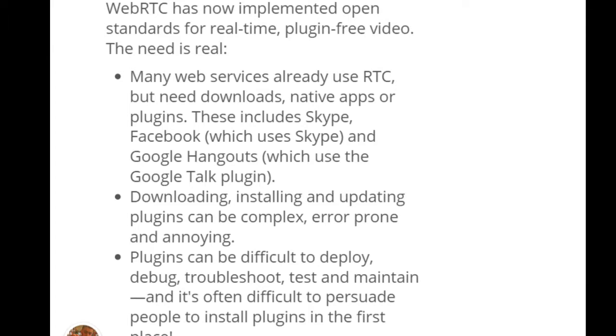Some of them are different kinds of applications, not necessarily just normal web pages, like Skype, which Facebook uses, and Google Hangouts as well. You have to allow for a different plugin or a different whatever you need in order to use those applications in the browser. And that's annoying. I don't want to have to ask users to download more of anything else.